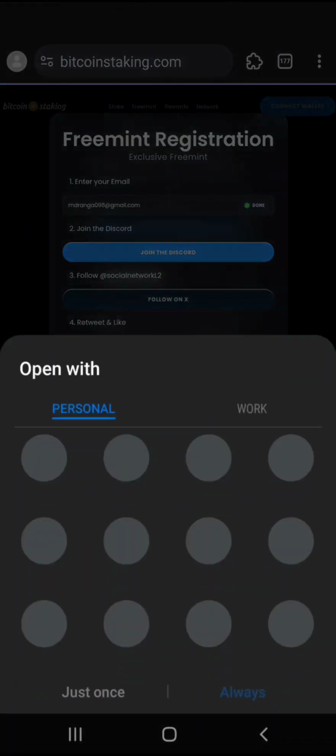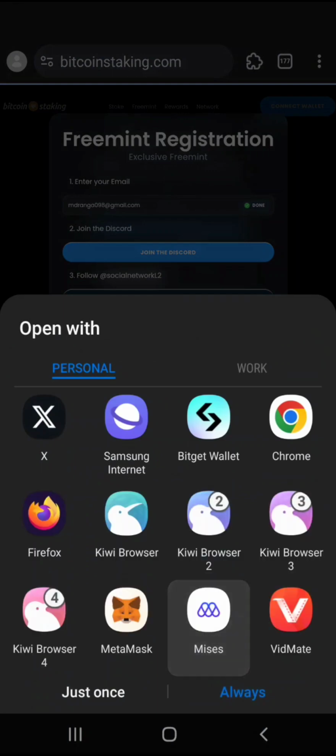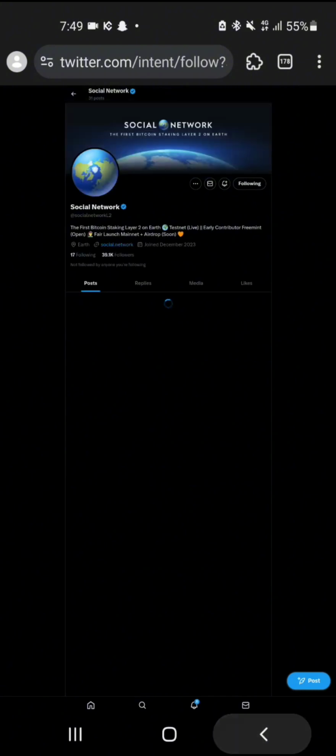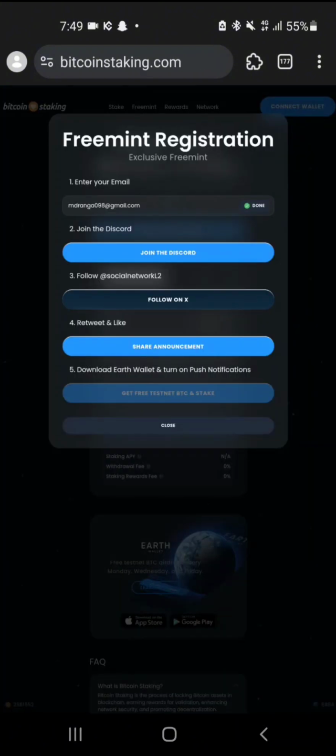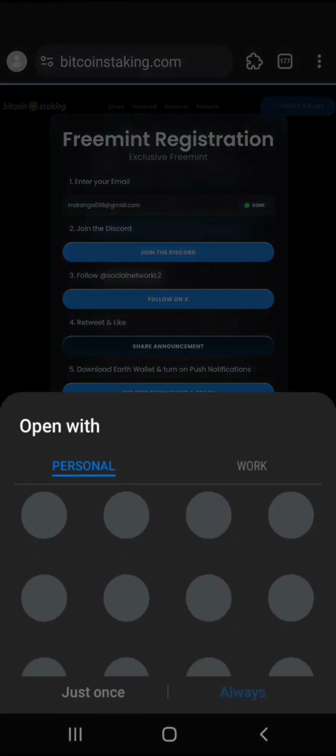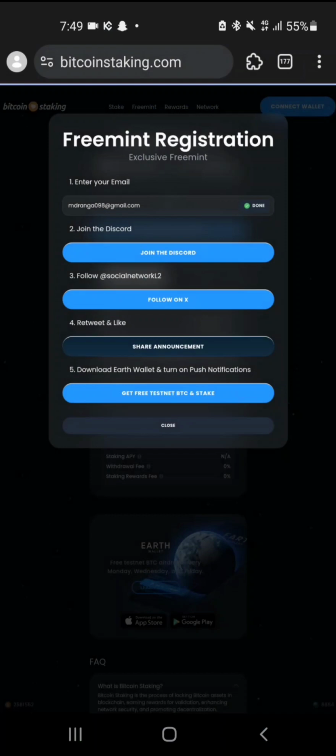So after that, go to Twitter to do the follow. For doing follow, I'm here on Twitter. So pretty much easy to see, everything is nothing fancy here. That is loading now. And do follow, your intention is to do follow here, and back again here, share announcement, and let's say you shared get free testnet bitcoin and stack. Go to that link,